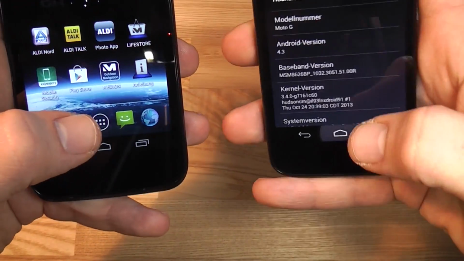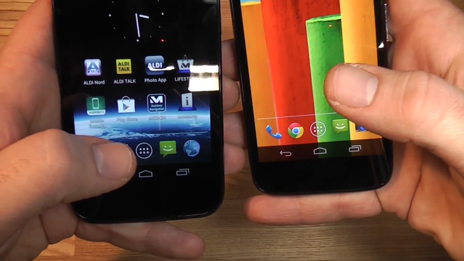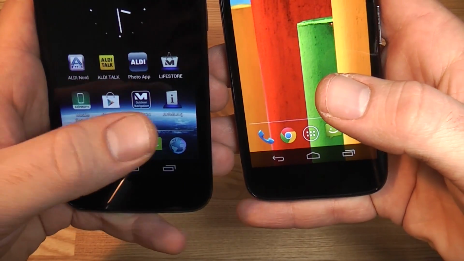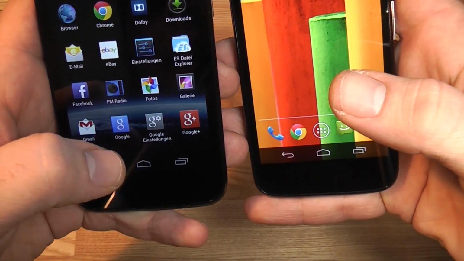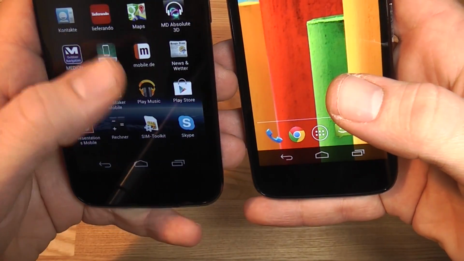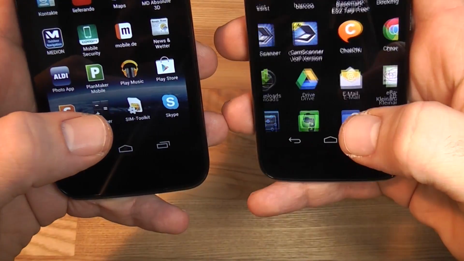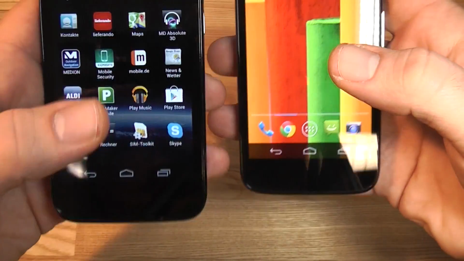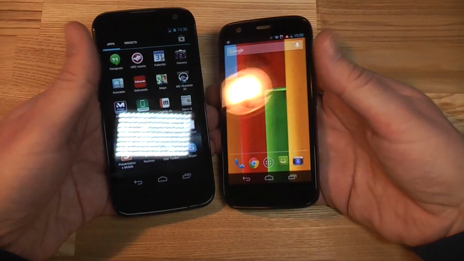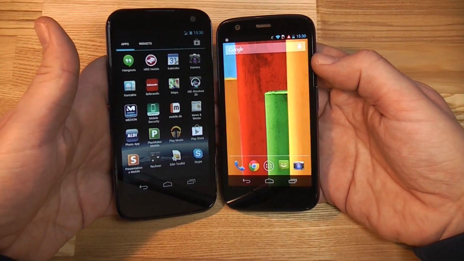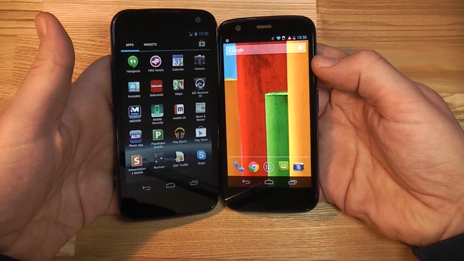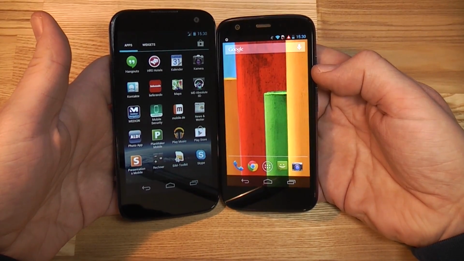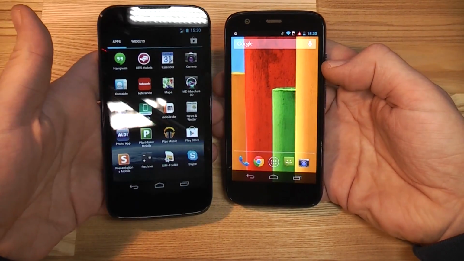Software-wise, there's also a bunch of apps pre-installed on the Medion. You get a free outdoor navigation and a bunch of Aldi apps and a couple of other bloatware kind of apps because there's Mobile.de and other advertising apps on here, while the Moto G is totally blank. So you get an unmodified Android experience on the Moto G and earlier updates than on the Medion, that's for sure. So if you want a really up-to-date device, get the Moto G, and if you want to get a bit more